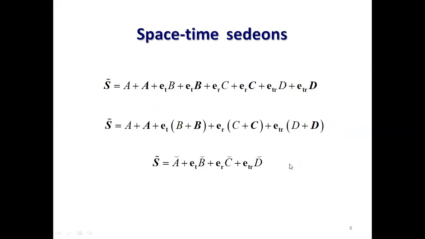Space-time Cdons can be represented in another form. If we rewrite our Cdon in the following form, then you can see that the Cdon consists of absolute Macfarlane quaternions, time Macfarlane quaternions, space Macfarlane quaternions, and space-time Macfarlane quaternions. So a Cdon can be represented as a space-time quaternion, where the components of this quaternion are Macfarlane quaternions.